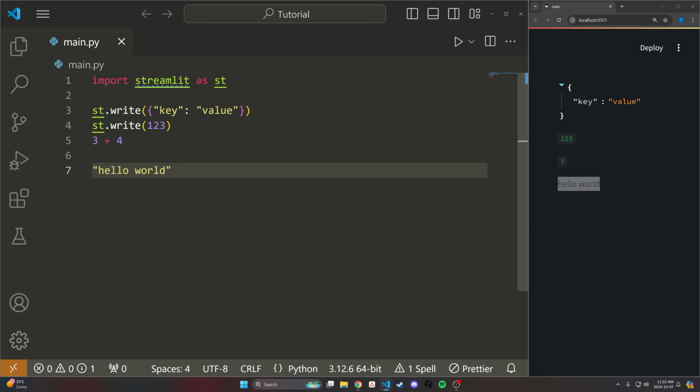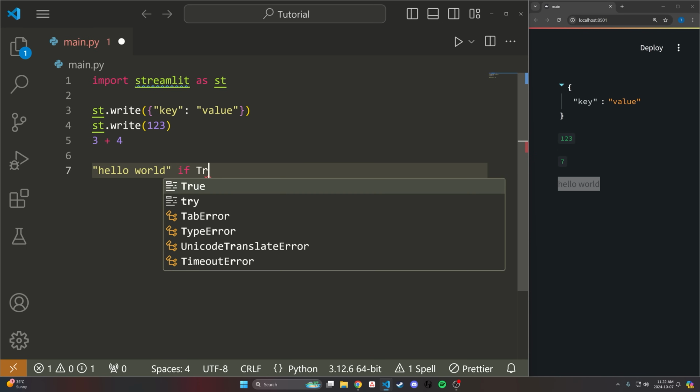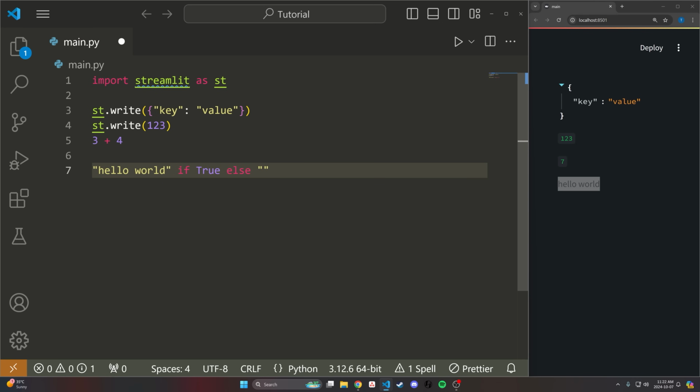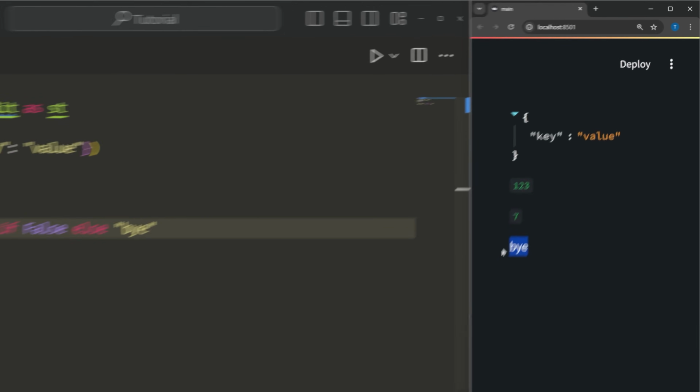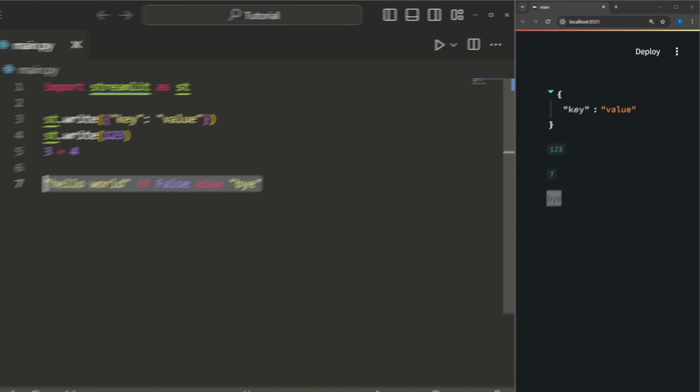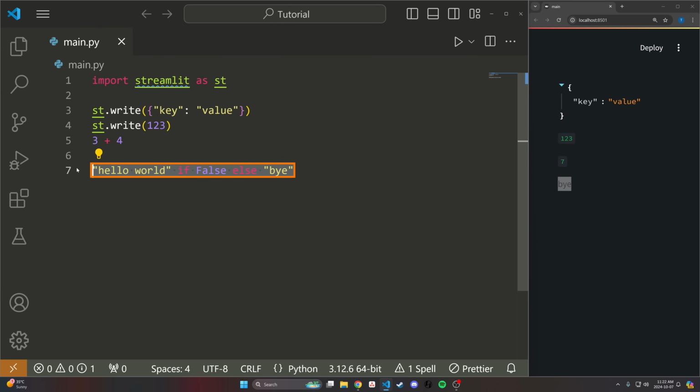And if you want to get more advanced, you can do something like hello world if True else bye. Now if we change this to False, you see that it's going to write bye. So we have this inline expression, and you'll see that sometimes in Streamlit code. All right, so that is the basics of writing with Streamlit. Again, this is referred to as Streamlit magic, like the write command and these expressions. Now, what I want to talk to you about next is what's known as the data flow in